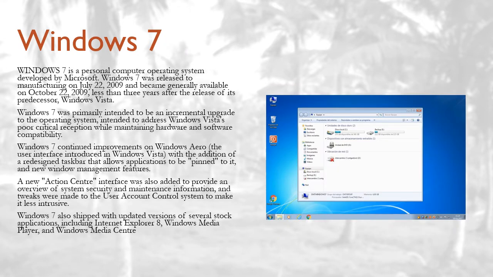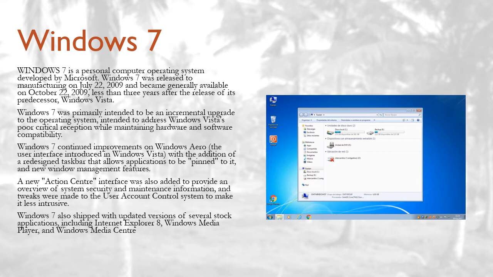Windows 7 is a personal computer operating system developed by Microsoft. It was released to manufacturing on July 22, 2009 and became generally available on October 22, 2009, less than 3 years after the release of its predecessor, Windows Vista.